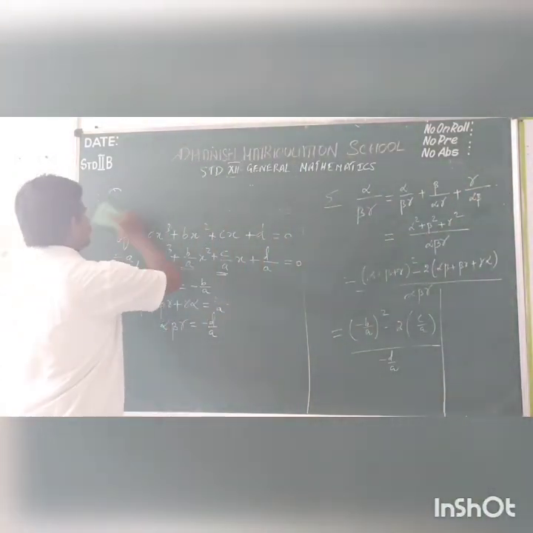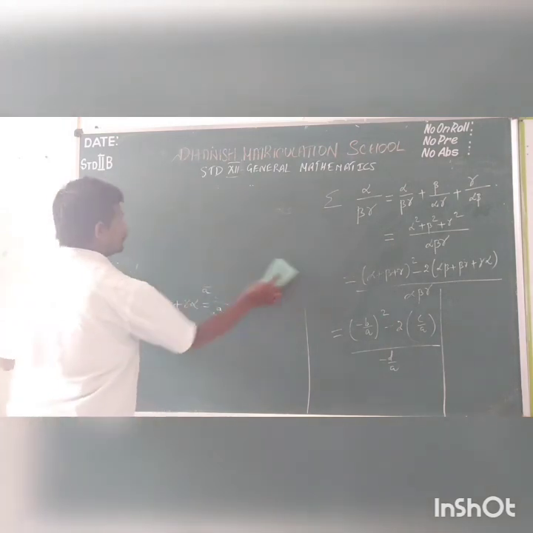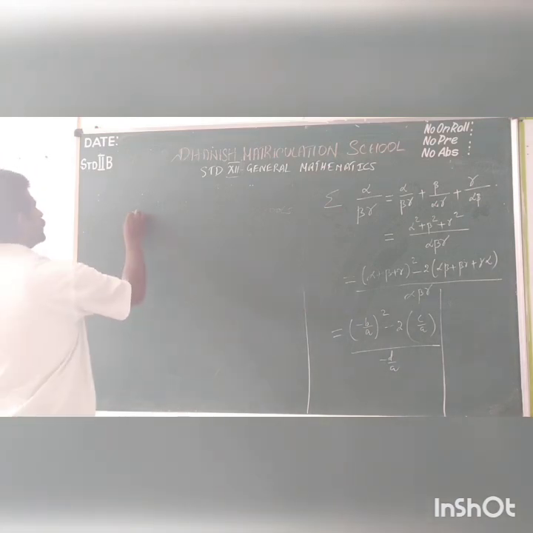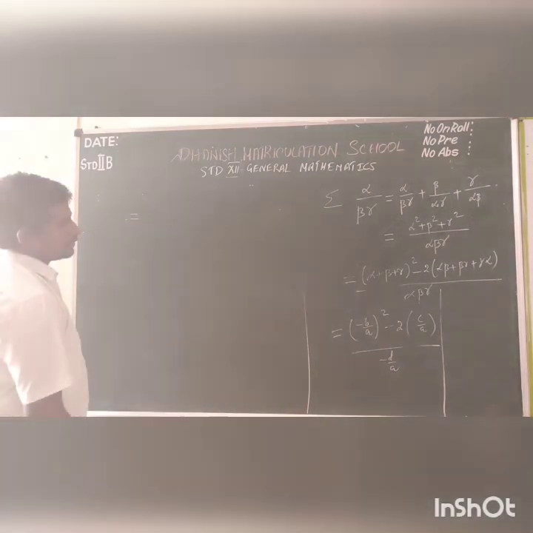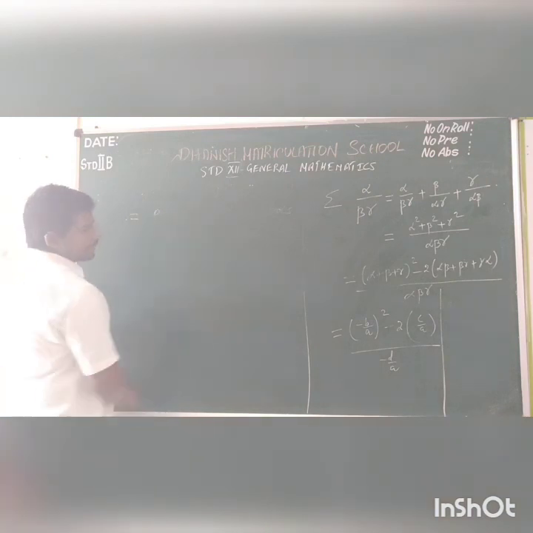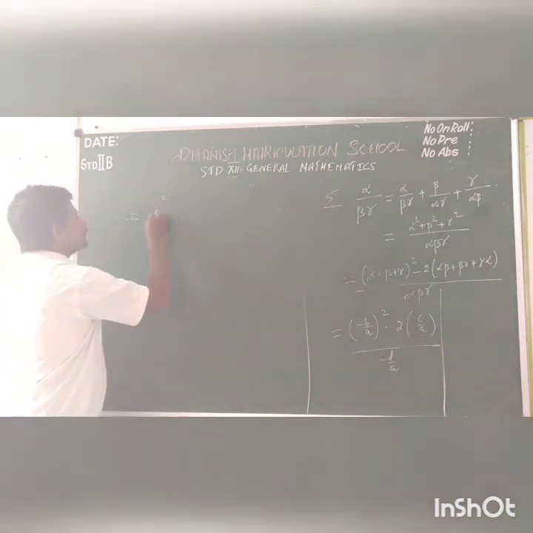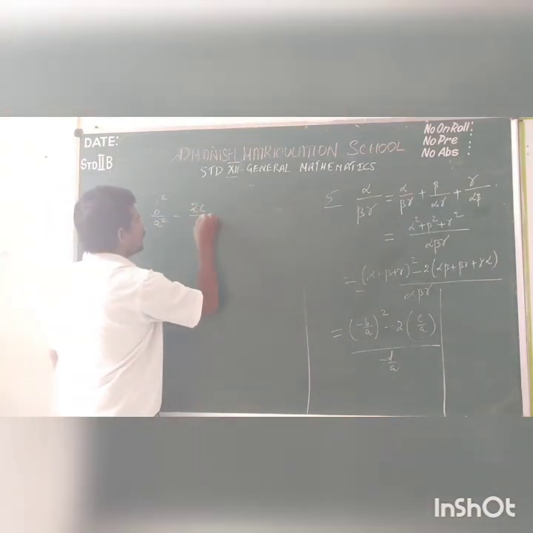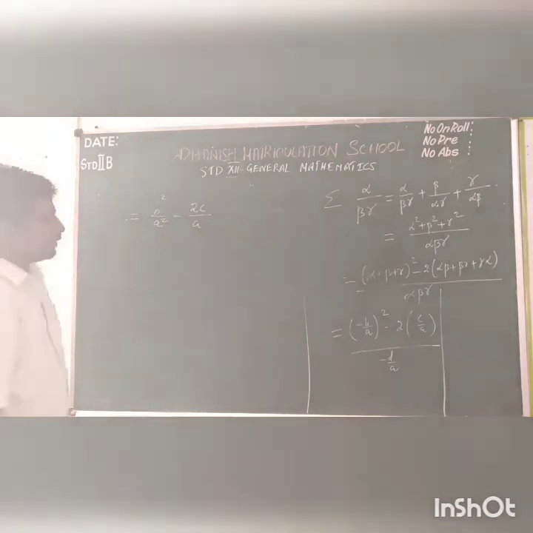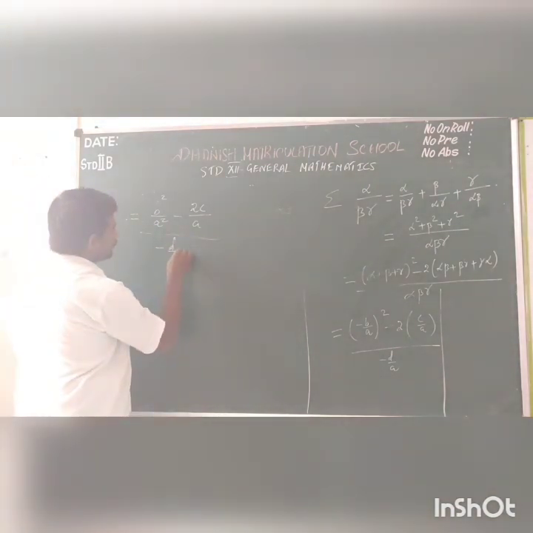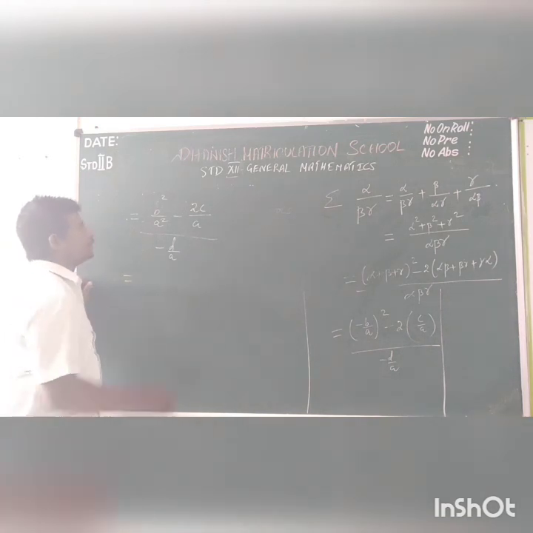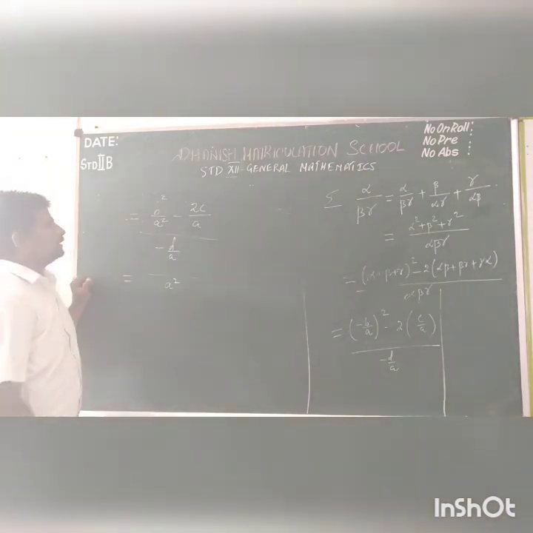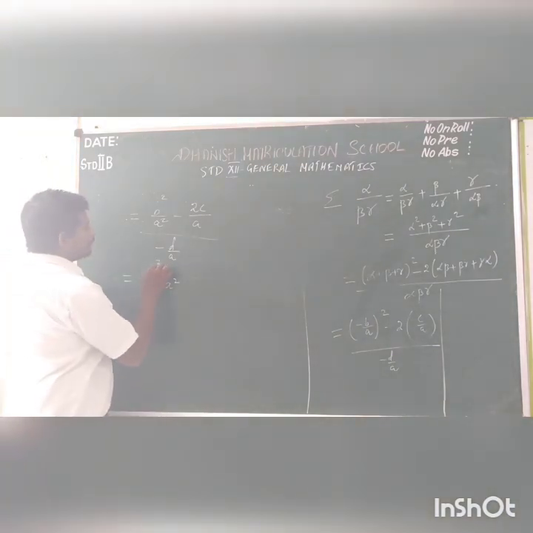Now the next step will be: this is equal to minus b by a whole square, which is b squared by a square, minus 2c by a, divided by minus d by a. Now this is equal to, look at the numerator. In the numerator we can take a square as the LCM. So the numerator will be b square minus